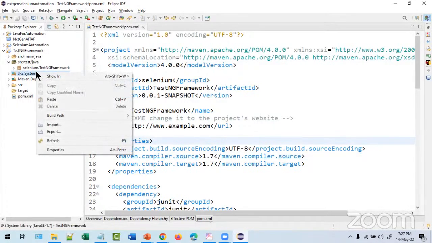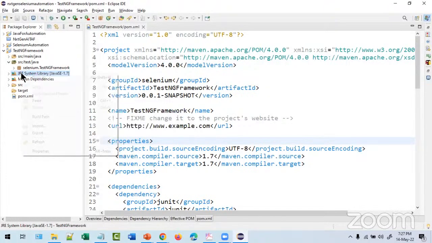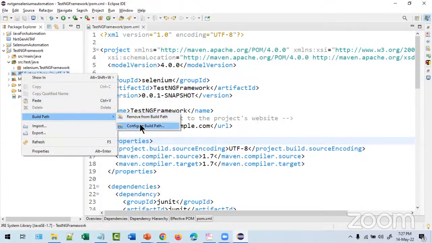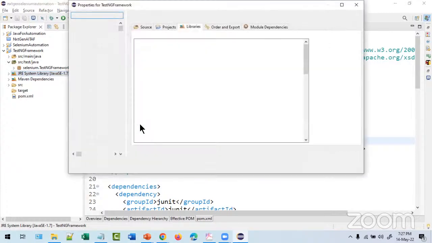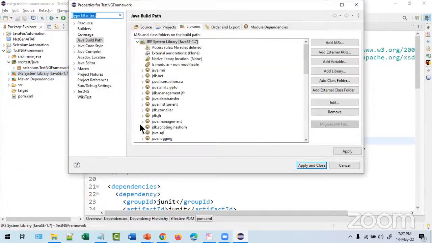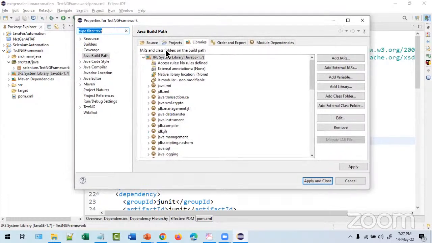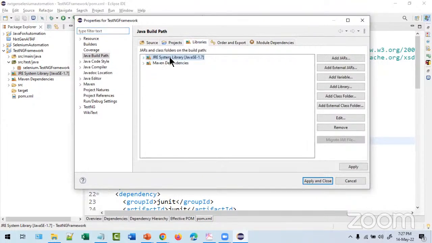Or else this one, right click. Let's try to get familiar with build path. Right click, build path, configure build path. Now, here, library, this is the one. Remove it.